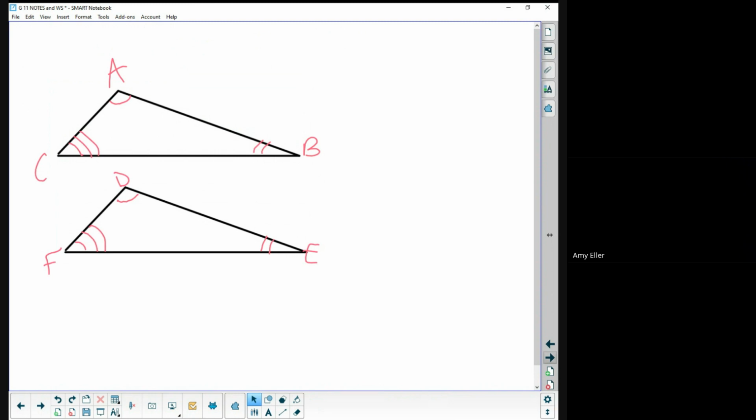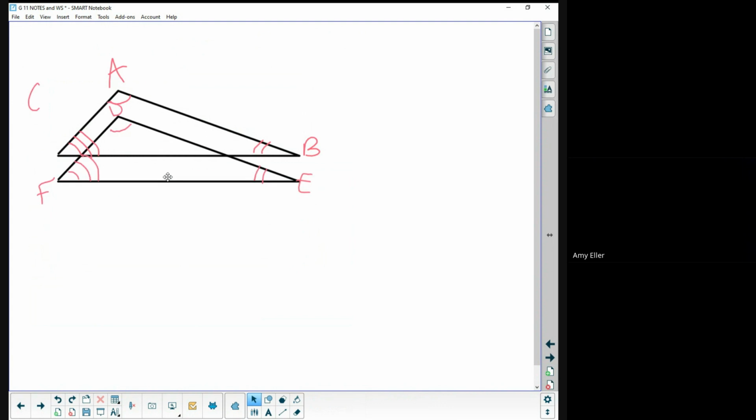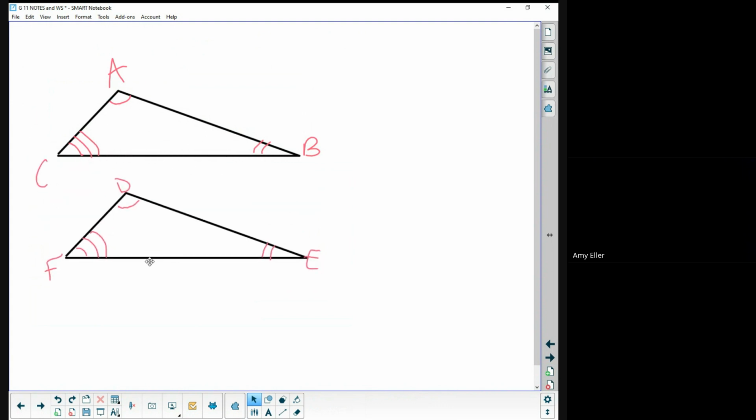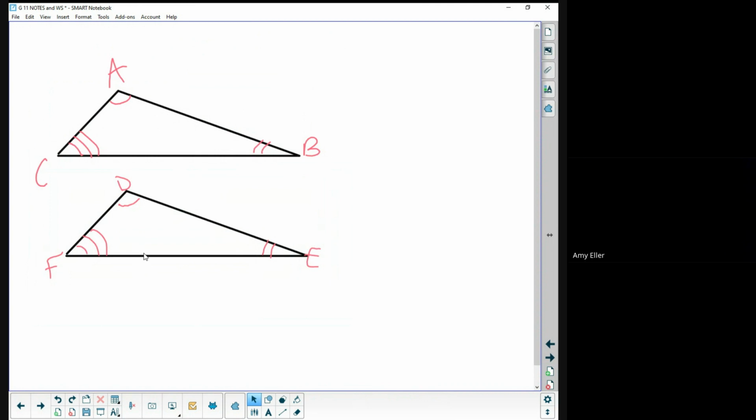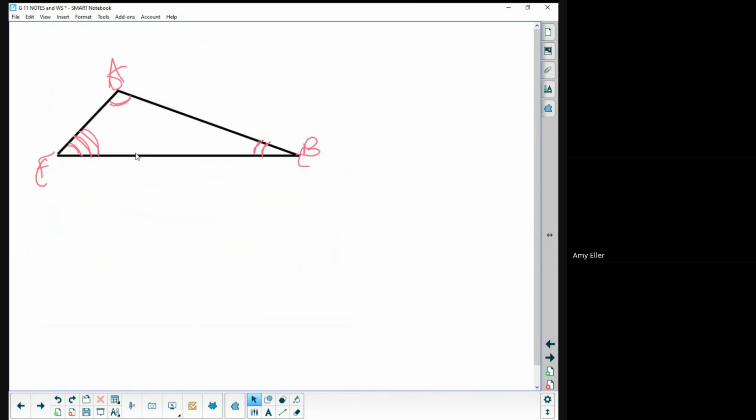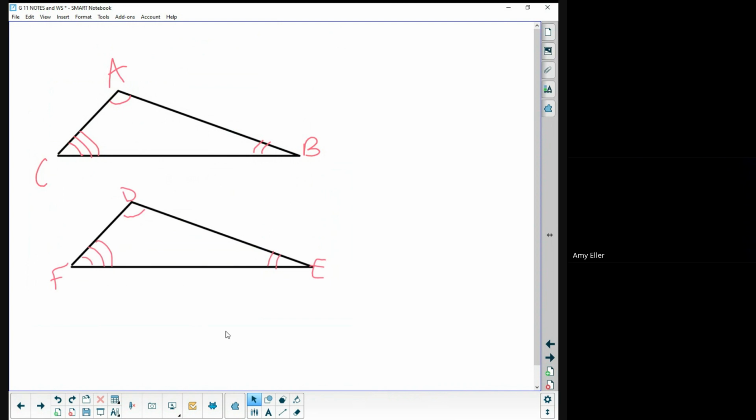So angle A and D are exactly the same. Angle B and E are exactly the same. And C and F are exactly the same. You can see they're the same because when I overlap them, oh, C went with it. When I overlap them, they are exactly the same size. So you would be able to write what's called a congruent statement. You don't need to write it, just watch. We know that triangle ABC is congruent, exactly equal to triangle